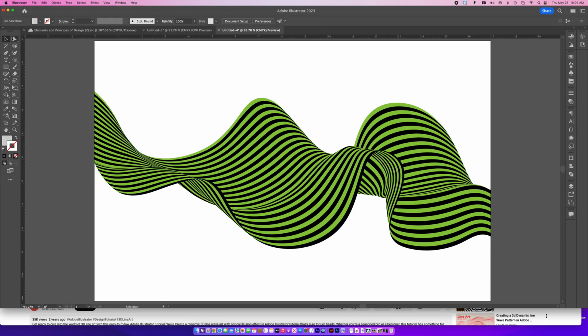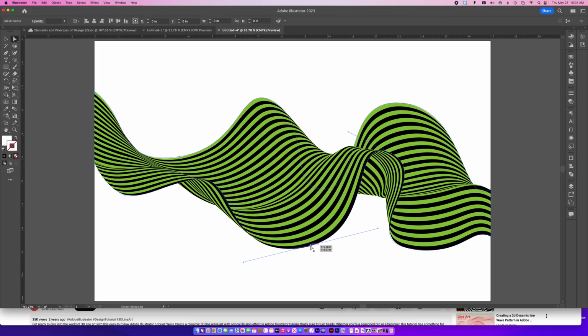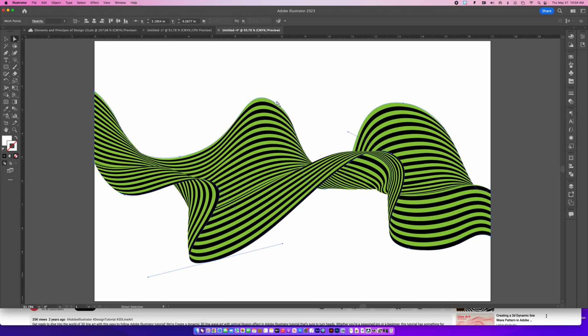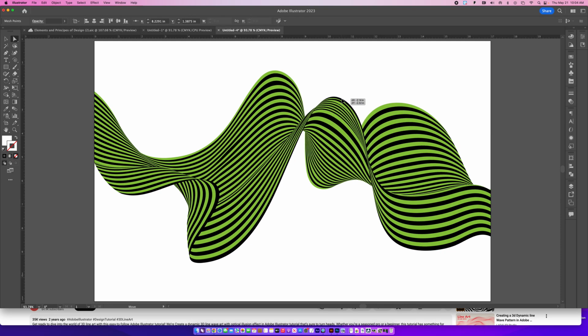Now, this is where you can go in and pick a point and adjust it to any way that you would like. So if you want to pull things out, in, up, around,